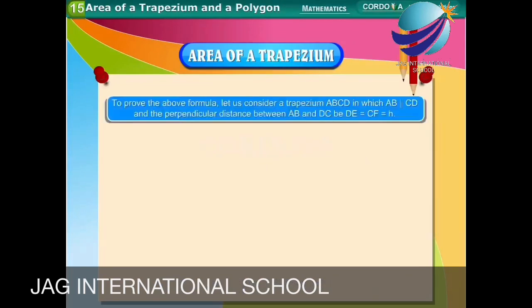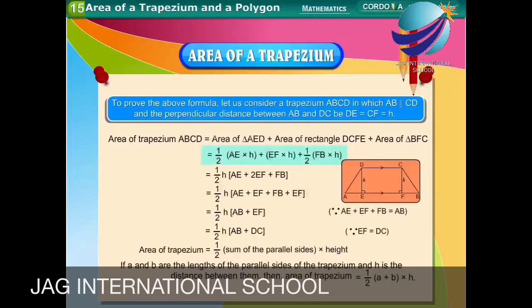To prove the above formula, let us consider a trapezium ABCD in which AB parallel to CD and the perpendicular distance between AB and DC, DE equal to CF equal to H. Area of trapezium ABCD is equal to area of triangle AED plus area of rectangle DCFE plus area of triangle BFC, which is equal to half AE into H plus EF into H plus half FB into H, which is equal to half H into AE plus 2EF plus FB, which is equal to half H into AE plus EF